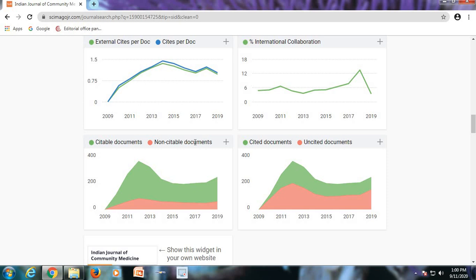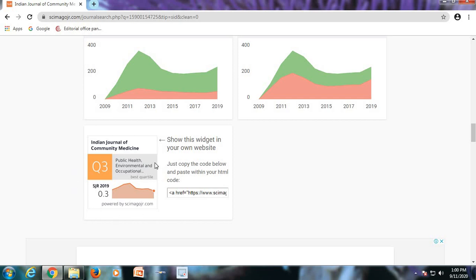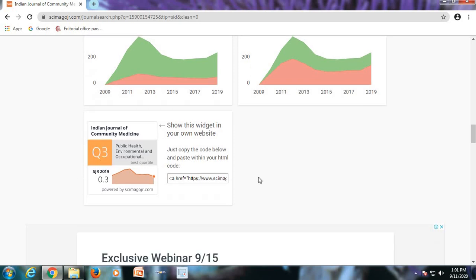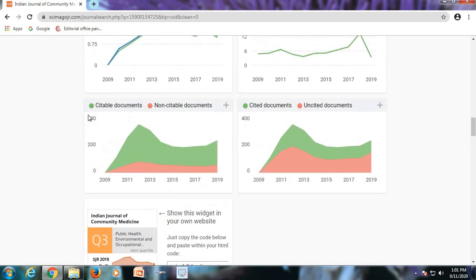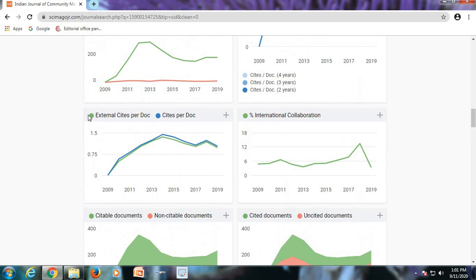Likewise, any journal which is indexed in Scopus or under Scopus coverage, you can search in the Scimago Journal Rank web page and get the details about the ranking of that particular journal. The most important thing is here you can see the ranking detail and the Scimago Journal Rank value for 2019. For 2020 it will not be published now, it will be published in 2021. Here you can see the quartile ranking of the journal. At present it is under quartile ranking 3, Q3.